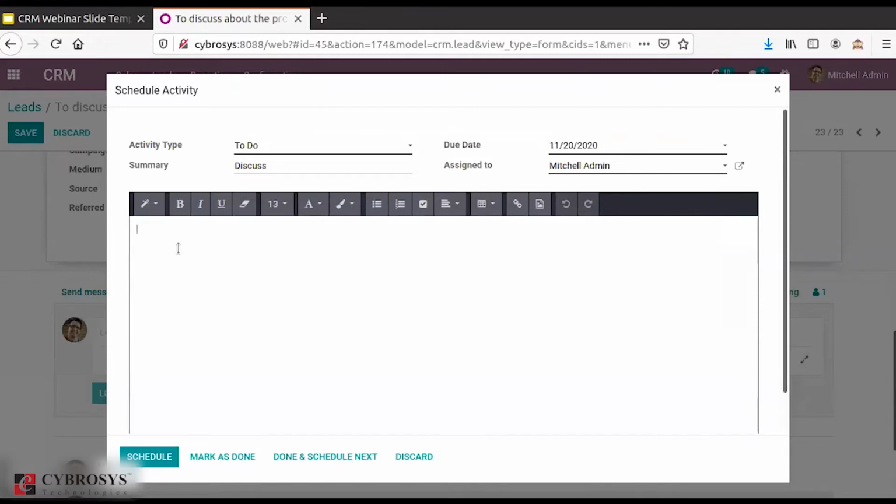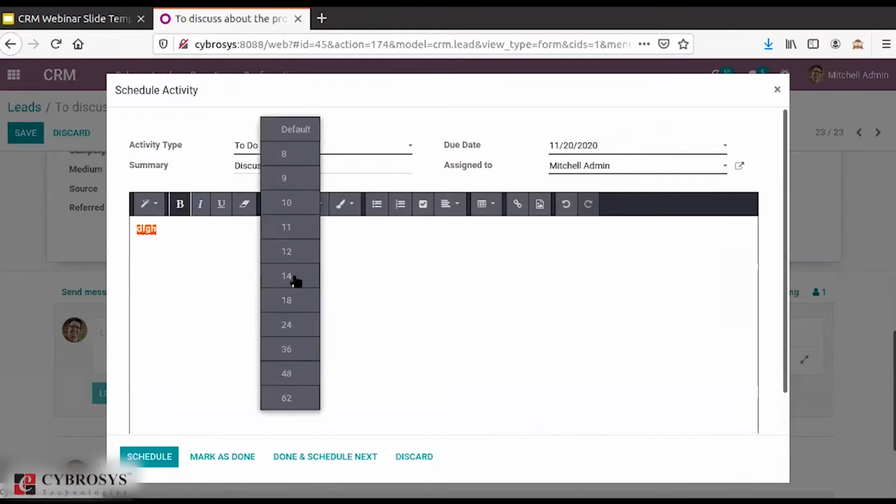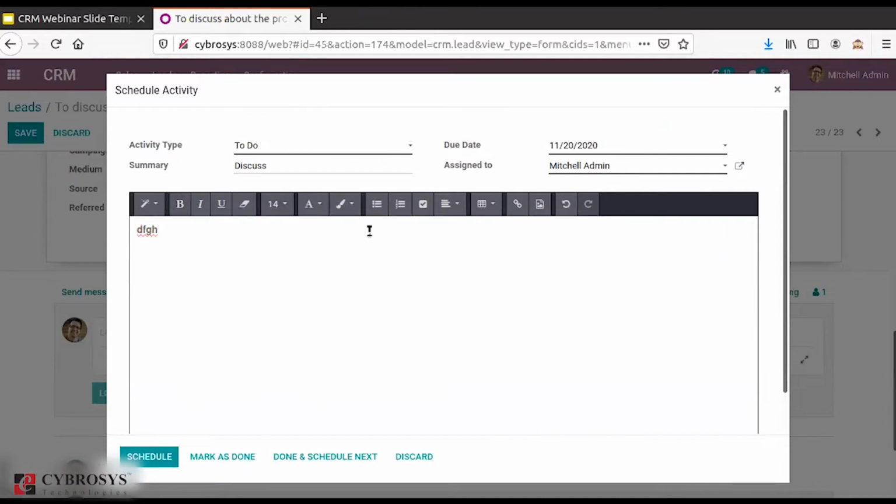While scheduling an activity itself, if you want to provide a brief discussion or description of what you actually mean for this activity, you can mention it here. And you have certain options also, like if you want this bold, you can make it bold and also change the size and all. Certain other options we are having over here, so that can be done from here.